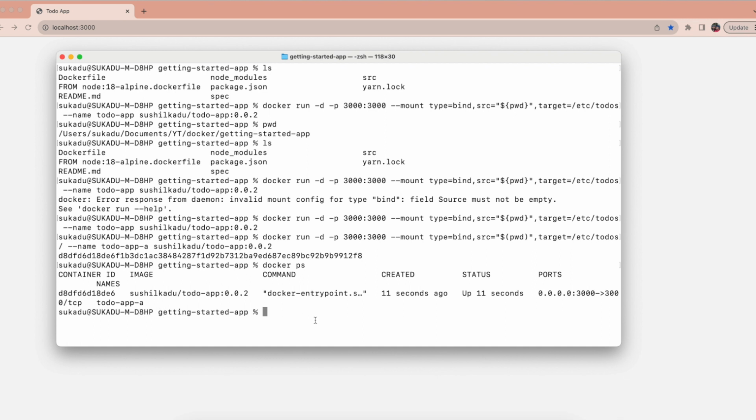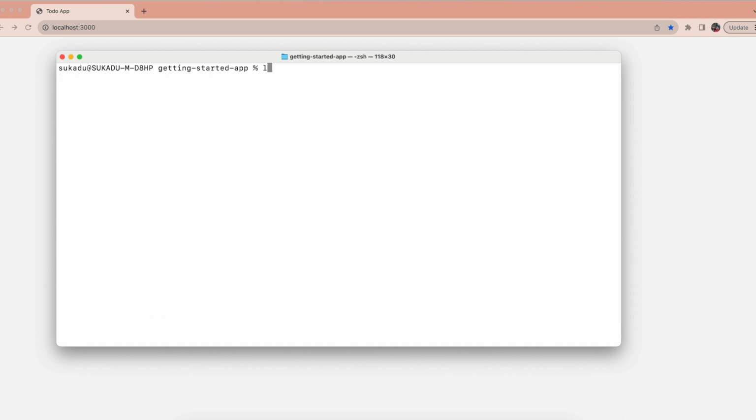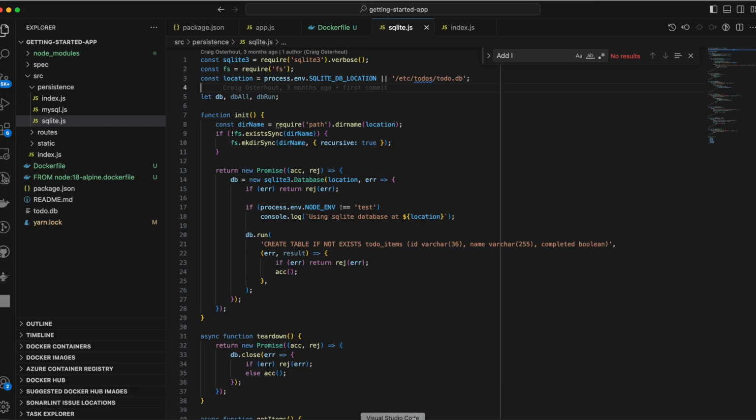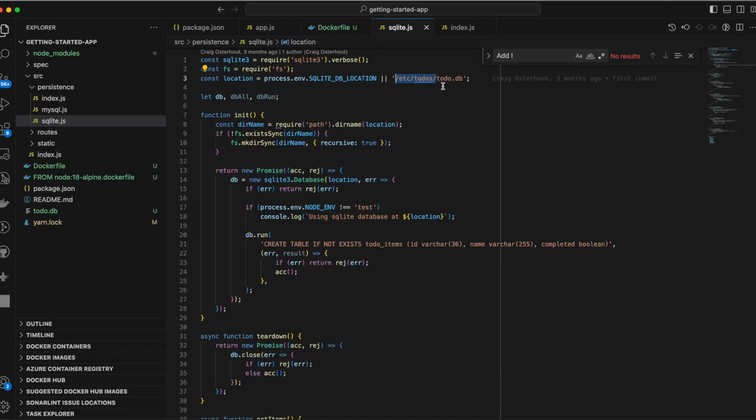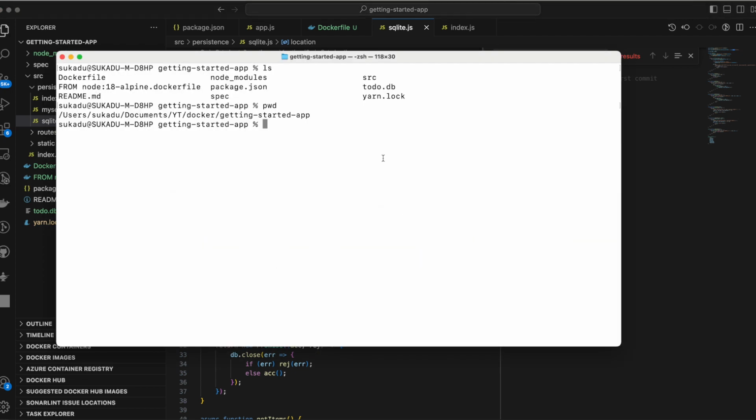Okay, and the interesting thing is, if you do ls now, you can see the todo.db, right? This todo.db is coming from this path. In the container under this path, the host directory that we have mounted is this current directory. So when the container created the todo app inside the container, it got created on the host file system also, right? So if you do cat of the host file system, you can see right now there is no data